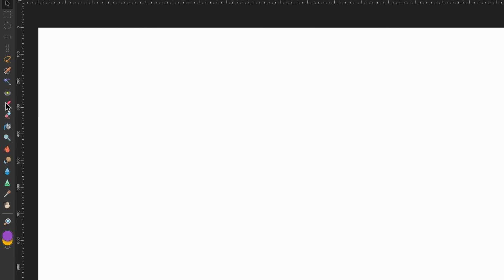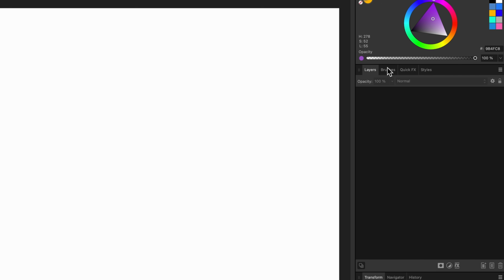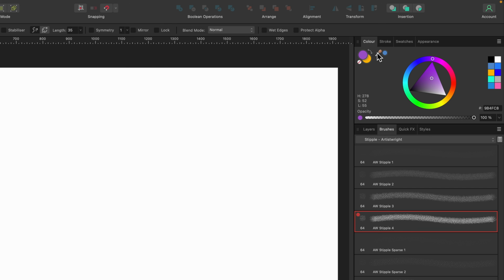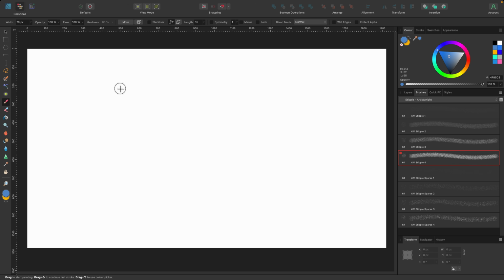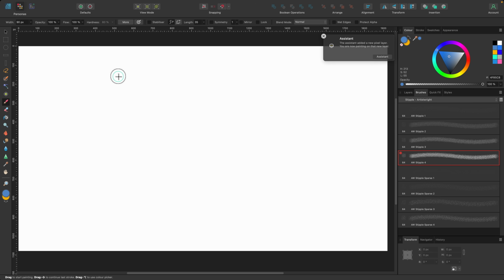Okay, let's start by using the brush tool. So I'm going to head on over and click on that. You can click on B, the shortcut, on the keyboard. The next thing I'm going to want to do is choose a brush. So I'm going to head on over to the brushes tab and select one. Affinity does provide lots of different free brushes. I'm going to be using one of my ones for this example. So I'll select my brush, and now I'll go up to the color tab and choose my color. I'll choose some kind of blue color there. Before I go over and paint anything, I can look in the context toolbar and modify the brush size. So I'll just make that slightly bigger. So from this point, I can just start painting. So I'm going to click and drag down just to paint our first line.